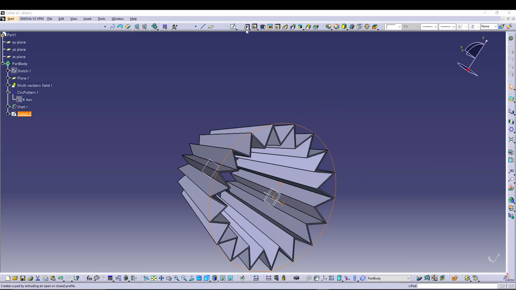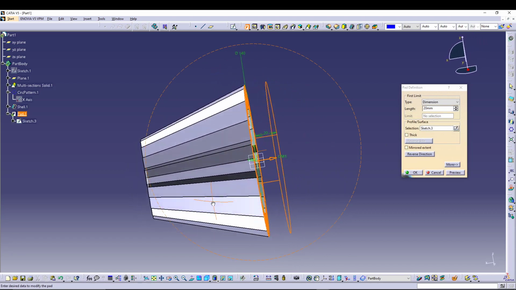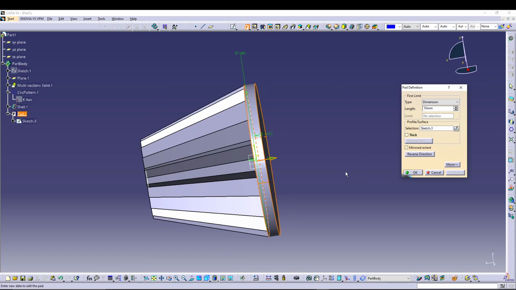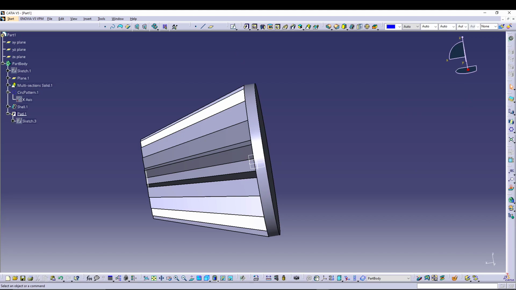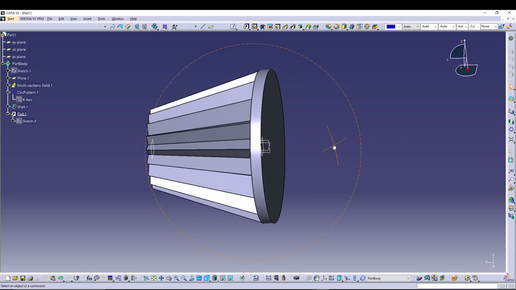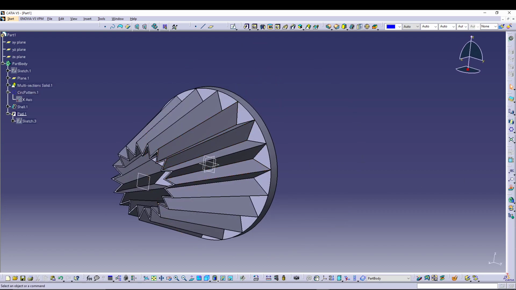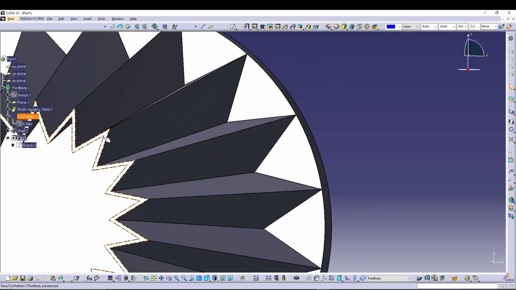Right, so for the padding we want it to be, let's say, only 10 mm. Okay, and press OK to confirm. There you have the pad. Okay, so the other thing that we can do is we can do the same thing on this face. So for that we'll select this face, go for sketching,